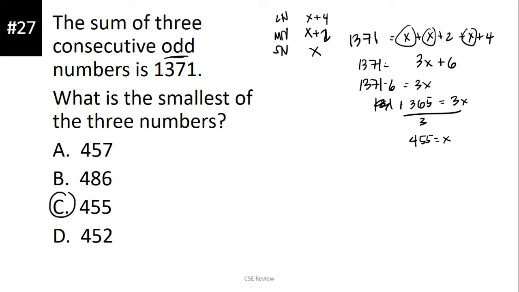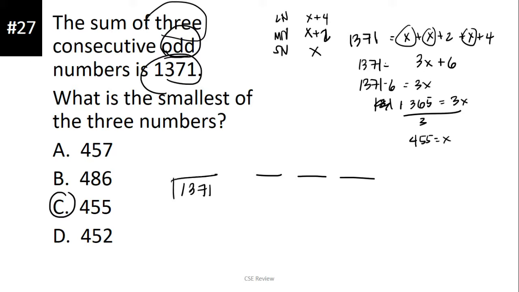Now, ano yung mas madaling method? Ang mas madaling method is like this. Kung ilan ang dami ng numbers, tatandaan mo kung odd or even, and then yung sum. Now, kung ano man yung dami ng numbers, draw mo siya as blank. So, we have 1, 2, 3, tatlong blank. Ito yung sequence. Yung sum, 1371 divided by kung ilan yung numbers, which is 3. The answer here would be 457.